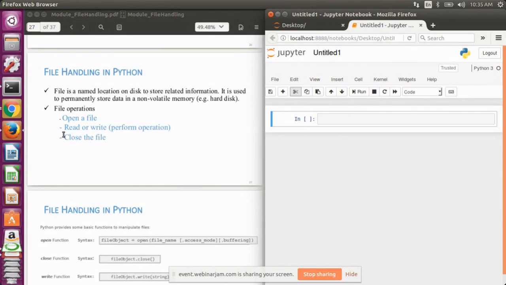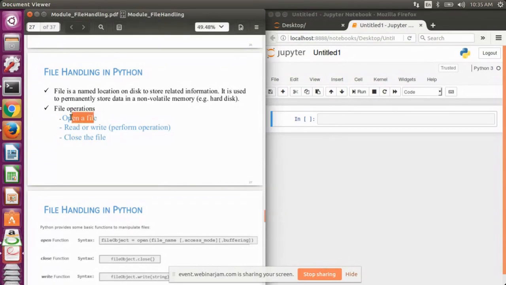or you can say the structure of any Python program that handles a file system follows three steps. The first step is always opening a file. That means we need to specify a statement that corresponds to opening a file. The second corresponds to performing the required operation that we intend to perform on a file, whether it's a read or write. As such, you cannot perform any